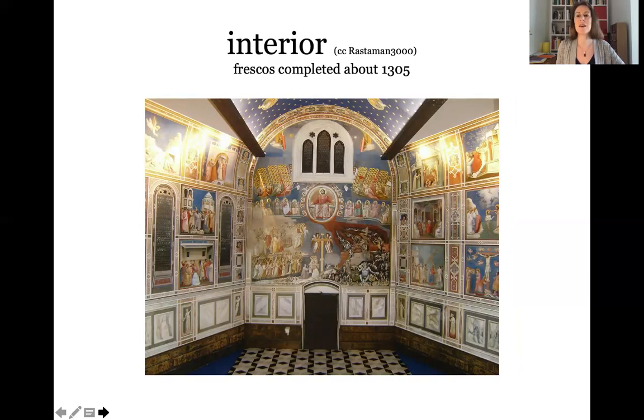We'll be looking closely at a number of different paintings inside the Scrovegni Chapel today, but before we delve into the particular, I wanted to give you a sense of the whole, to the degree with which that's possible with a photo. But as you can see, it's a glorious space full of color, and a profusion of images. And so as soon as you step inside, it can be quite an overwhelming experience of beauty and emotion of all kinds. But let's take a look at some specifics.